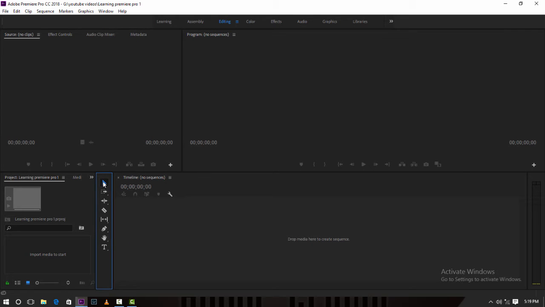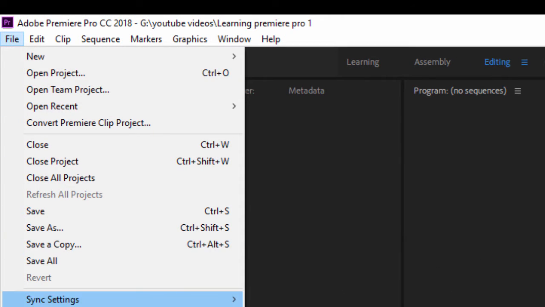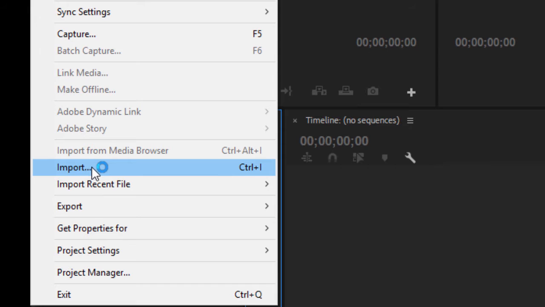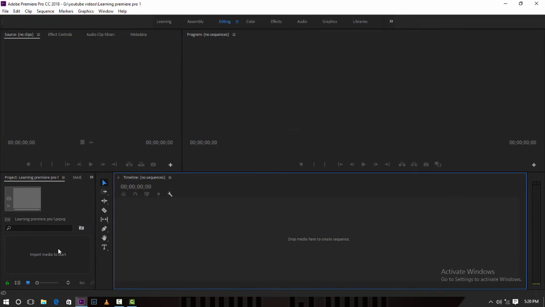So with the selection tool, now when you are here, all you need to do for the beginning, let's say you want to import your media, the stuff that you want to work with, be it a video, pictures, whatsoever. This is what you're going to import. Or you can click here on file, and then you come down here, you see import, and you're going to import whatever you want to work with. Good. So let me just double click here